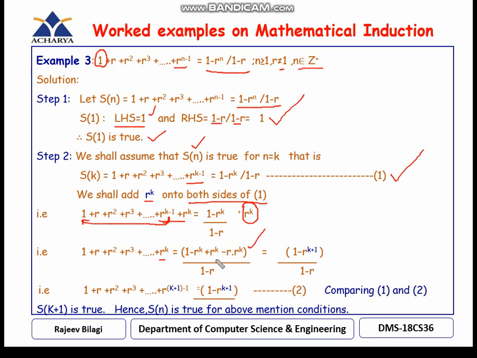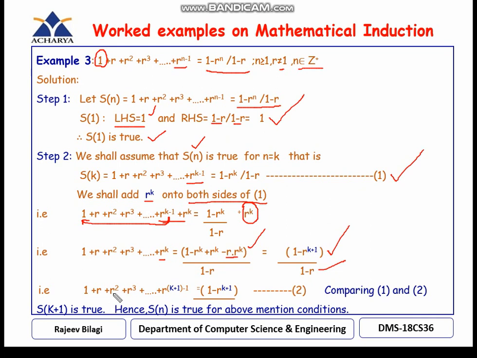So now with this, r^k gets cancelled. So we will get 1 minus r into r to the power of k plus 1. So why? Because here if you look at r into r to the power of k, it will be a law of indices, then it will be 1 minus r to the power of k plus 1 divided by 1 minus r. So initially it was r to the power of k, now I got it as k plus 1.